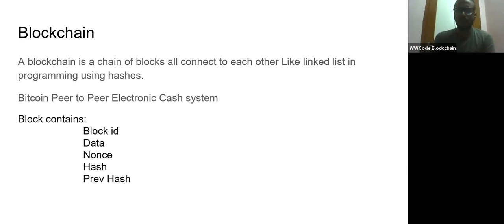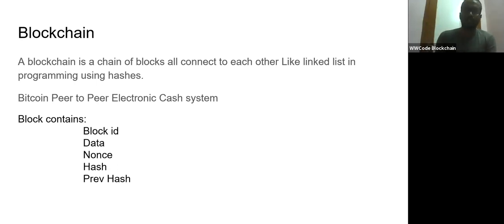Another point: in a public blockchain, you cannot find the people who are sending, where they sent from, or where they sent to. You cannot find anything, because everything is behind the address only. In a public blockchain everyone can join. In a private blockchain, only people who are admitted can join; they only allow those.